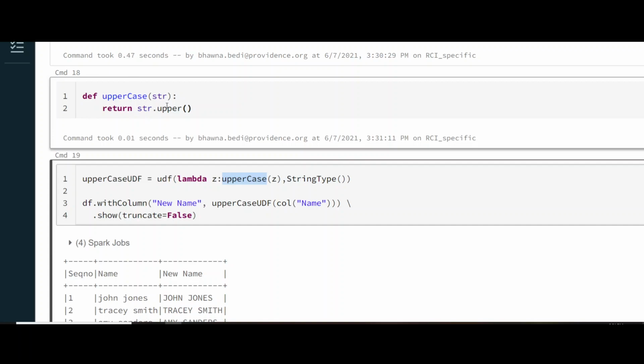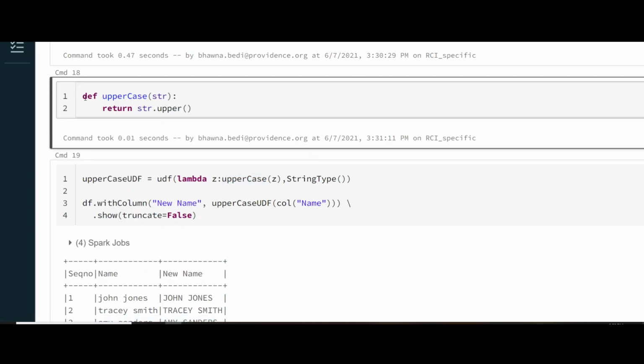I think everybody is aware of the lambda function. Lambda functions are just another way of writing a function, a one-liner function. The same thing that we do in the normal way of creating a function can be done using a lambda, but a lambda is a one-liner statement and it does not have any name.